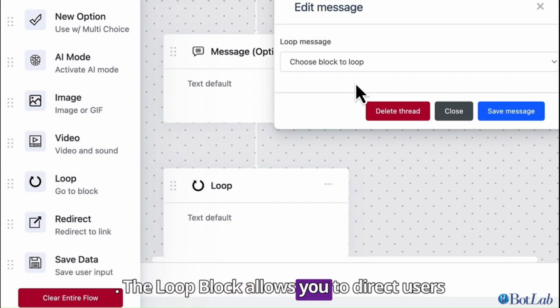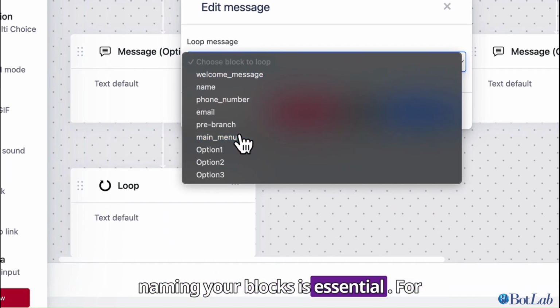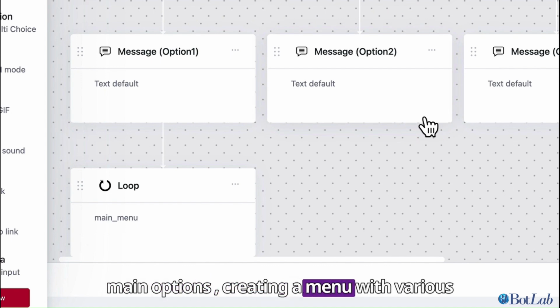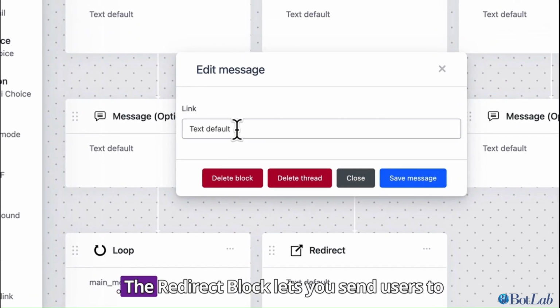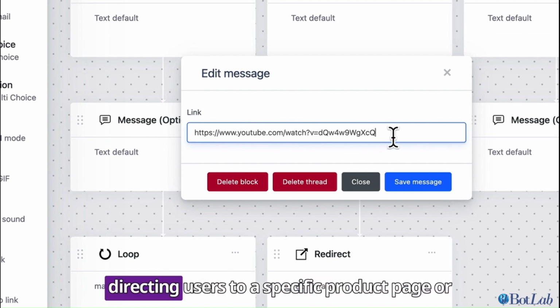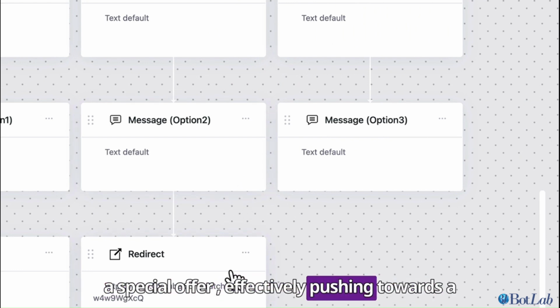The loop block allows you to direct users back to any part of the flow, which is why naming your blocks is essential. For example, you can use it to loop back to the main options, creating a menu with various choices. The redirect block lets you send users to any URL you choose. This is useful for directing users to a specific product page or a special offer, effectively pushing towards a sale